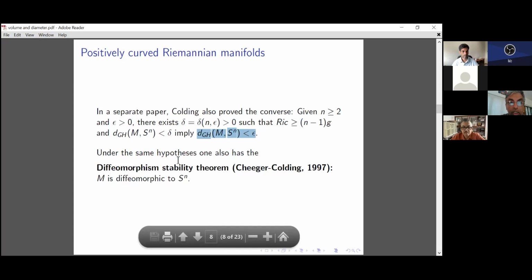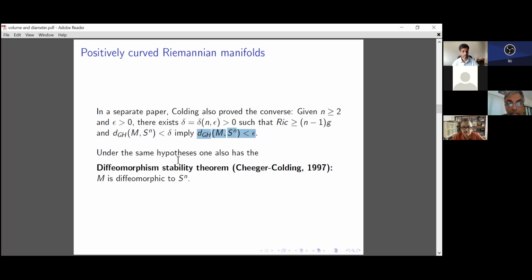By the way, I started with the Myers-Bonnet theorem, which dealt with diameter, and then moved on to volume, and this Colding work is about volume. One can ask whether similar things hold for diameter. What if the diameter is very close to that of the sphere? Do we have this? Well, it's clear that that's not true, because one can take the case of the